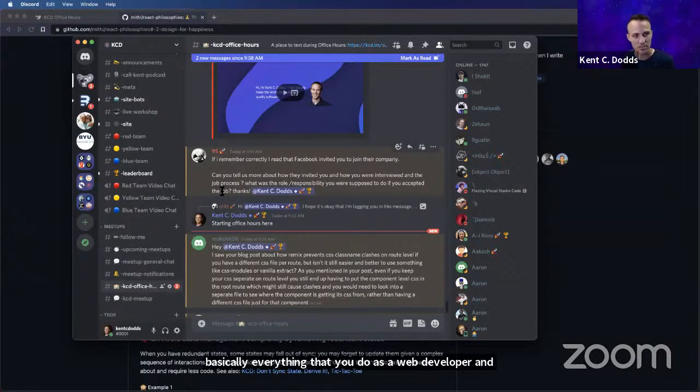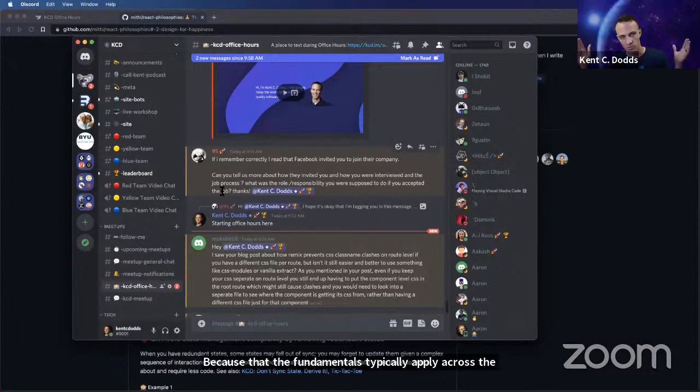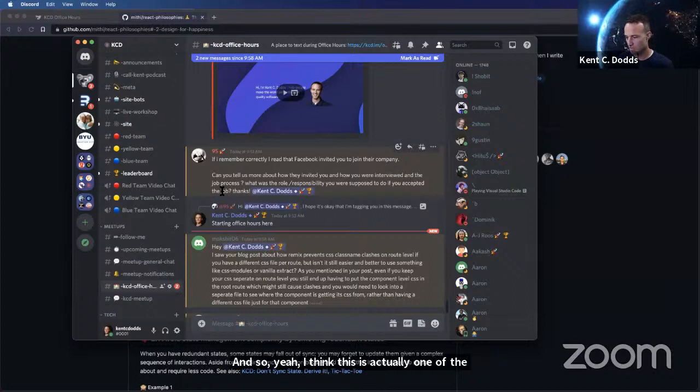And so there's nothing specifically that you can study, though I think that a focus on the fundamentals of web development can help a great deal with this, because the fundamentals typically apply across the spectrum of web development much better than studying a specific aspect of React or something like that. And so, yeah, I think this is actually one of the reasons why practical questions are both good and bad,